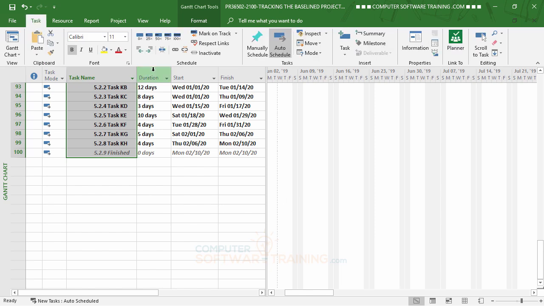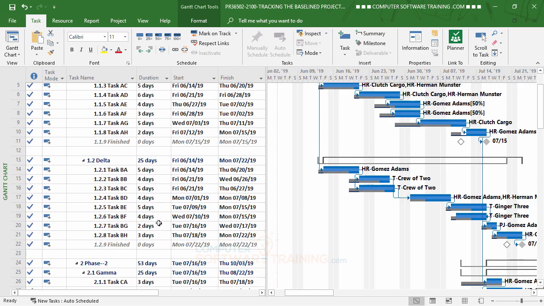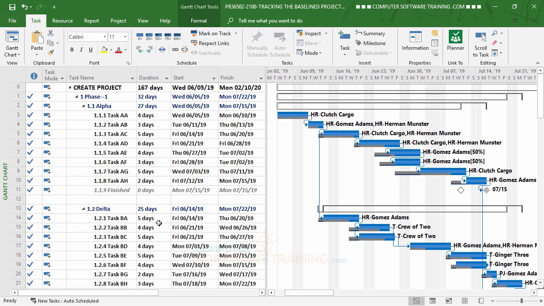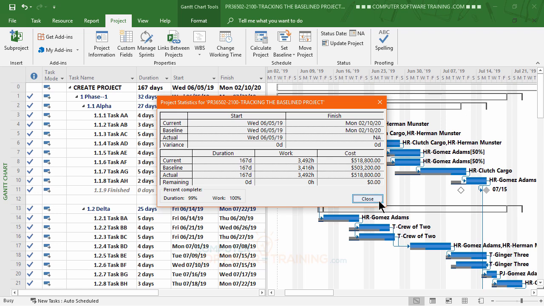So I'll go back over now to my task here. I'm going to mark on track, and because it's the very end, everything's on track. So there we go. You could then print this out and send it to your boss. Plus, you could also go into project information here, go to your statistics, and see what we really ended up with. So we were able to finish the project on time, and we ended up spending about $15,000, or we were $15,000 over budget,